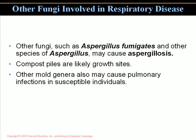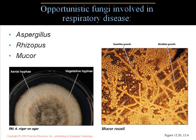Another type of fungal infection is Aspergillus, leading to aspergillosis. You can see this in compost piles. It's a mold genus. It can cause pulmonary infections in susceptible individuals. Typically, a degree of immunocompromise has to be going on with these individuals as well. The only case of aspergillosis I have seen was related to someone who already had underlying lung disease. These are other opportunistic infections: Aspergillus, Rhizopus, and